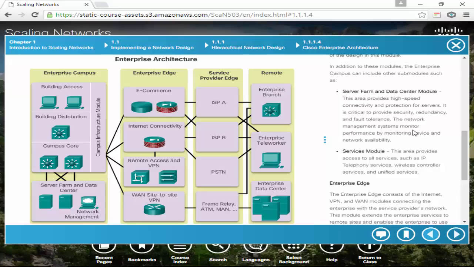Alright, so this services module, I don't know if you guys remember what some of these things are. Our VoIP telephony, our IP telephony, voice over IP, can sit here, and in the same manner we can go through our enterprise edge from these remote sites and have VoIP here. We could do a cheaper one where we have a router doing it over here, but